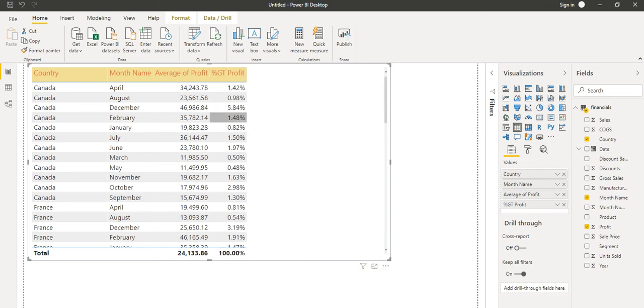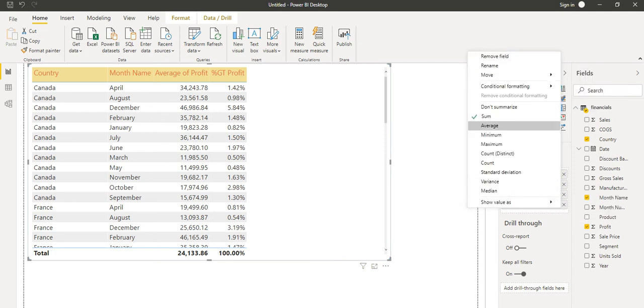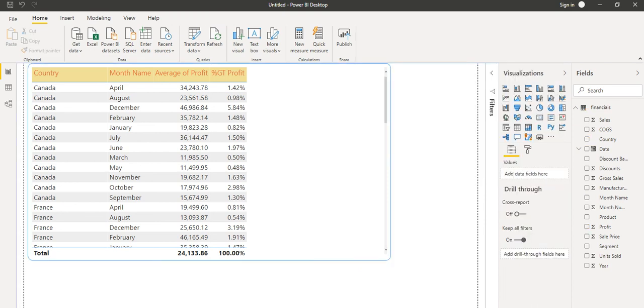That is the way we can do the aggregation. We can see one arrow down here. By clicking on this arrow down, we can do the aggregation over that field, in whichever format you want to show the data, like sum, average, minimum and percentage. Whatever the requirement over that column, we can show the data as per the expectation.